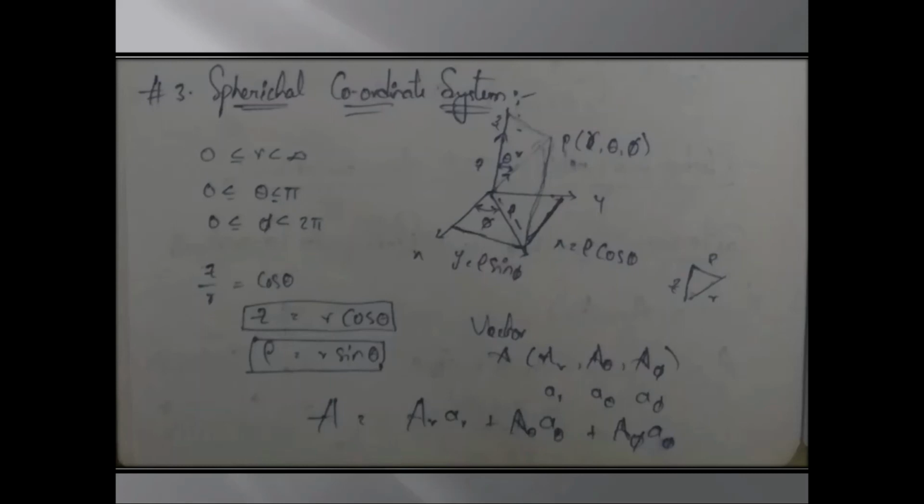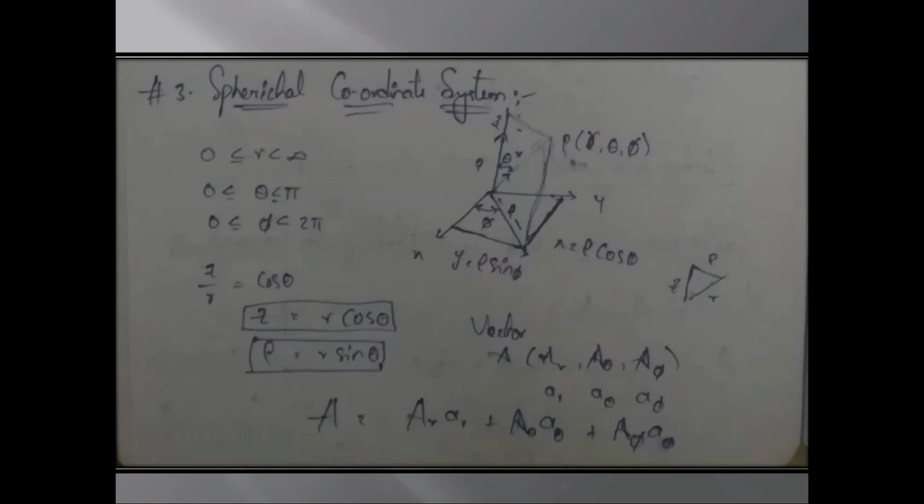Here we have three coordinates: r, the radius, and θ, the angle between the z-axis and the radius of the sphere, as we see in the figure, and φ is the angle between the x-axis and ρ, the radius of the cylinder. From the figure, we can take the right angle triangle Z, r, ρ, with the right angle at the Z point, and θ is the angle between the z axis